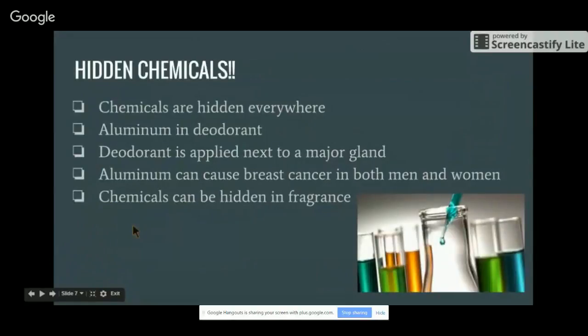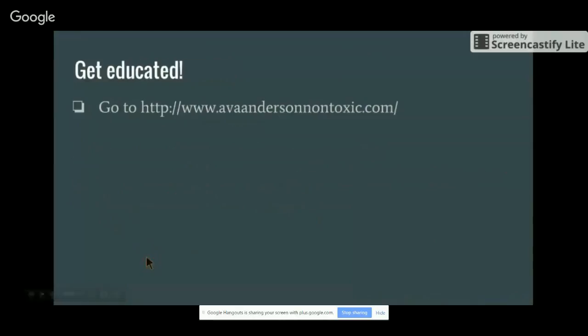Eating chemicals can be everywhere. Aluminum can be in the milk. Mirror is a product that can be used. Aluminum is a product that never is. Have you ever seen the ingredient present in one of your household objects? Chemicals can be hidden by using your website. Get educated. Go to